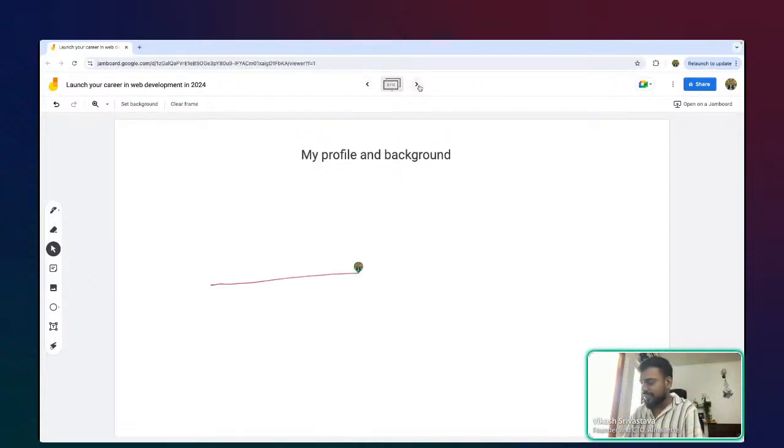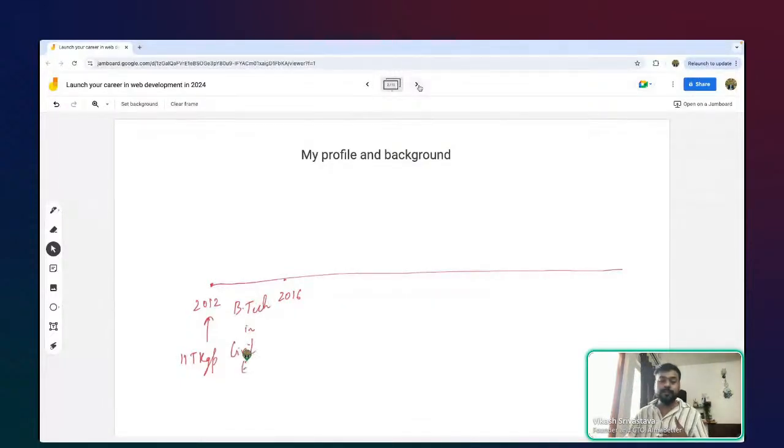Think of this as a timeline. I am this kid in 2012, and I just got into IIT KGP. I spent 4 years there doing BTech in civil engineering. Even though I didn't end up becoming a civil engineer, I started my career in data science. Data science and machine learning were very enticing to me, and that is how I began, in 2017 to 2018, and in fact till 2020.